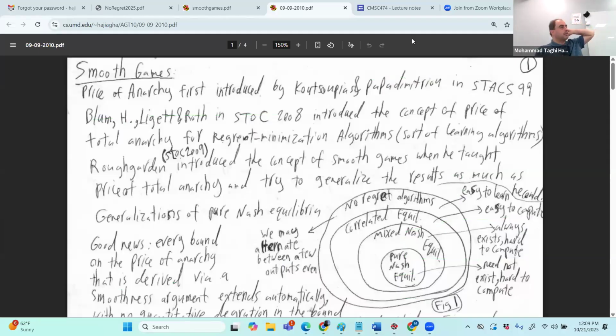Good. So I think we will continue next time. We will finish smoothness games, and after that we have one session where we talk about another concept, market equilibrium, which is about market clearance conditions. That's another important thing. And then we will have covered lots of the basics. We talk about some other things like mechanism without money, and a few other concepts. These are basic concepts in game theory.